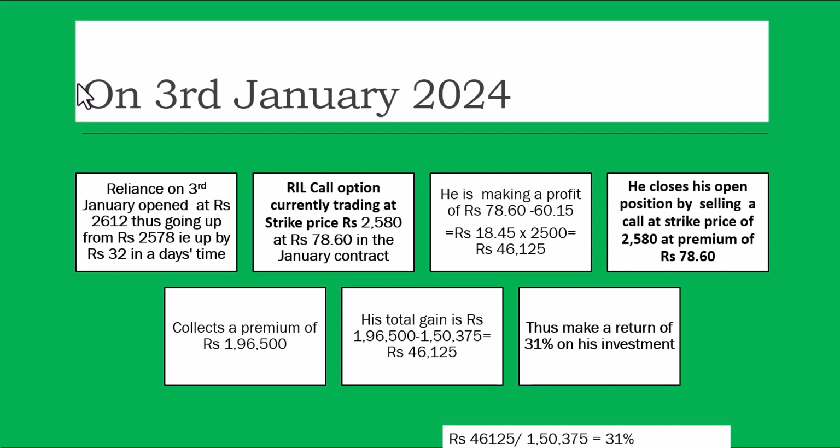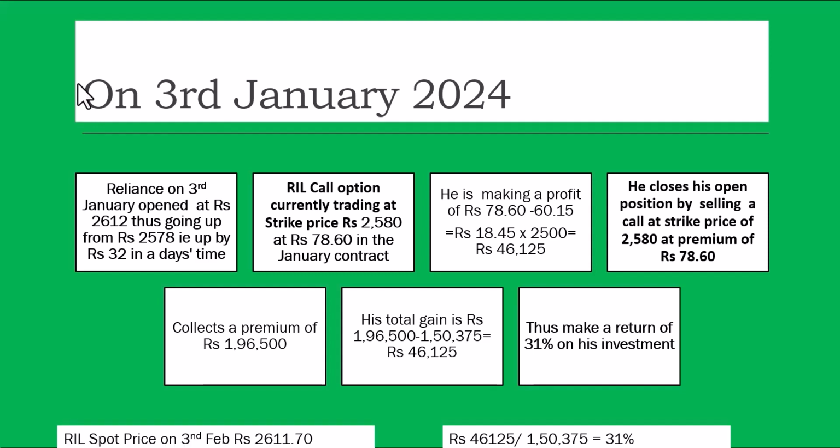Is that okay? So when you have to exit, if you have bought a call, you have to write a call at the same strike price. You can't have a gap. Only when you have a bull call spread can you always go up and collect premium. So that was a different strategy. Here, you have to close the position at the same strike price in the same month. If you have bought a call, you write a call and you gain.